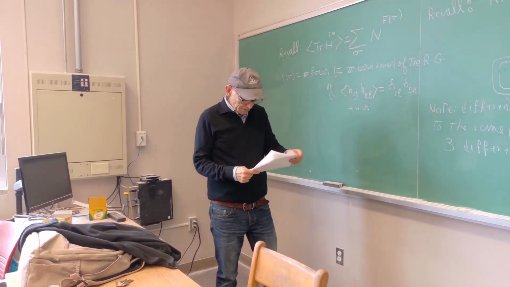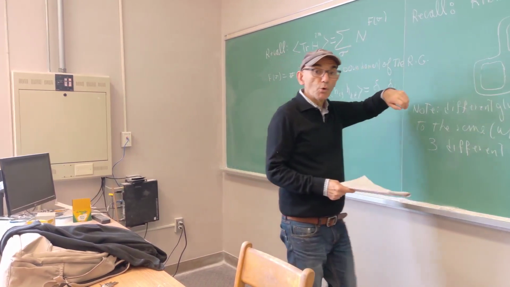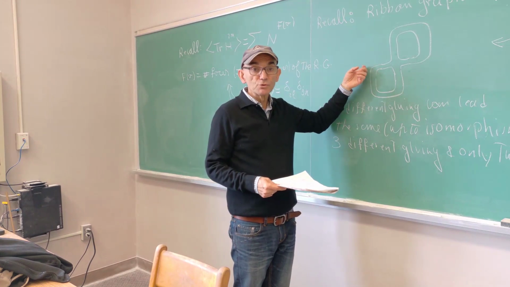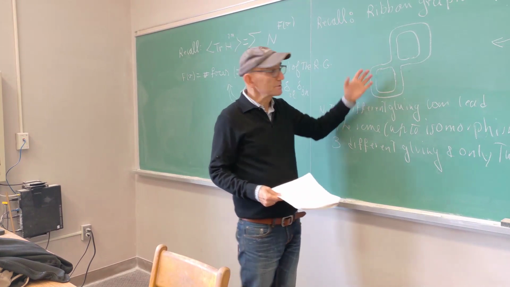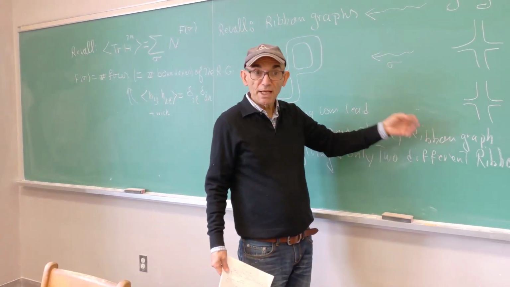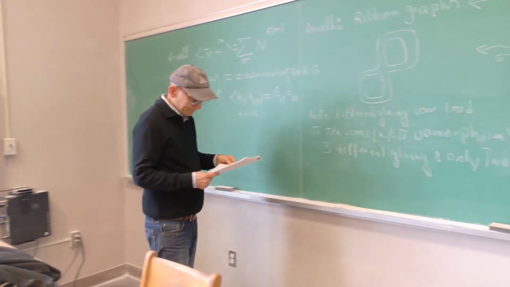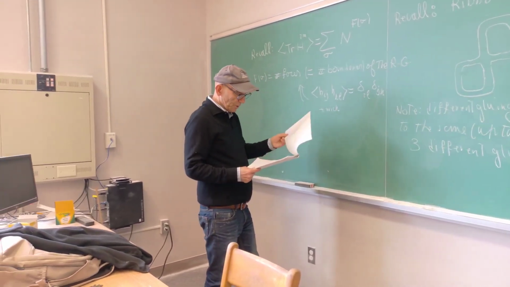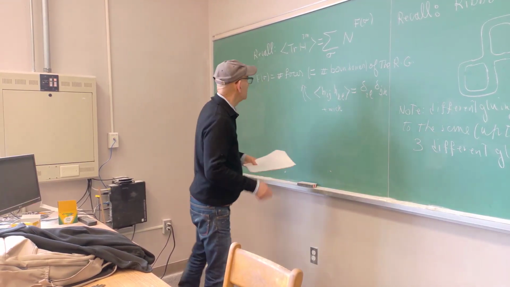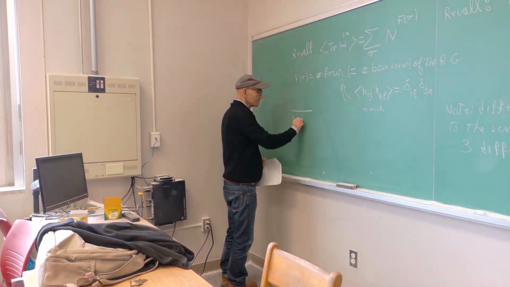Okay, but now we can actually expand this thing as a sum over ribbon graphs instead of gluings. All you have to do is divide by the symmetry factor, because different gluings can lead to the same ribbon graph. So we have to divide by a symmetry factor. We write the general formula now, but just let me write a little more general before doing that. More generally,